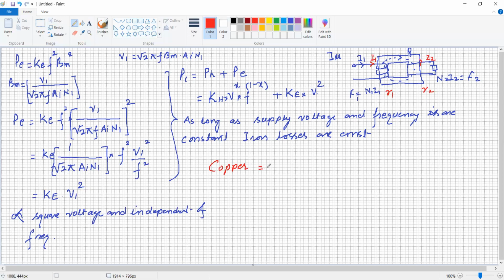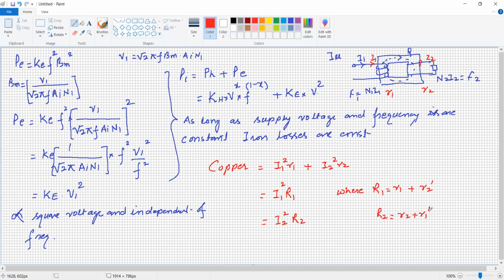So the total copper loss is I1 square R1 plus I2 square R2, or it may be referred to either side: I1 square R1 where R1 equals R1 plus R2 dash, or I2 square R2 where R2 is the equivalent resistance referred to the secondary side, so R2 equals R2 plus R1 dash. So this is the total losses